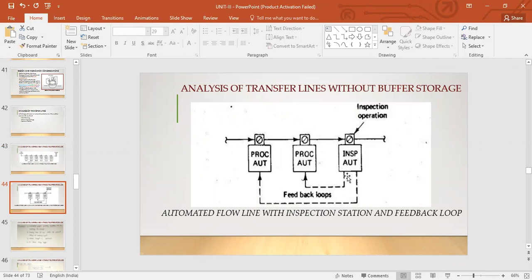We discussed this. So this is the example of that, because these inspection stations will be providing a feedback to the processing station so that they can improve, right? We have learned about that strategy in automation, remember? Online inspection, right? Inspection as you are doing it. So they will improve the processing based out of this feedback from the inspection station, right? So that will help improve the production rate and basically reduce the scrap, isn't it? That's what it is doing, so that we don't have much defective parts. Okay. All the errors which are observed can be corrected, right? So that's that.